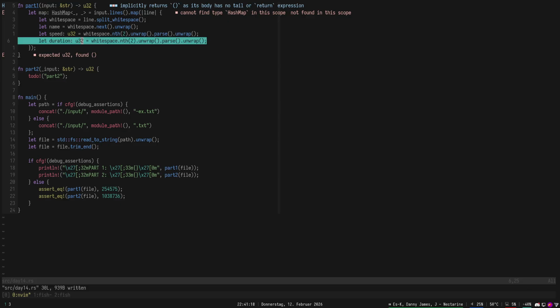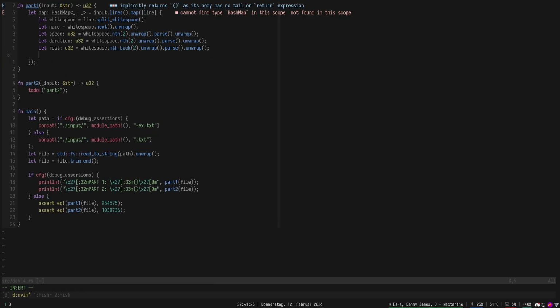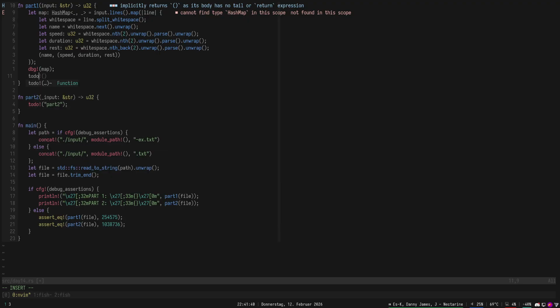Actually, we can do rest is nth back 2. And then we say name, speed, duration, rest. And that can just be 2, but that's fine. And then let's just debug map and keep our to do